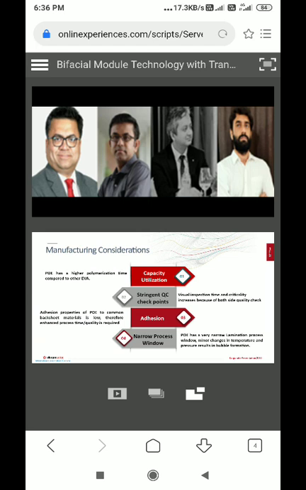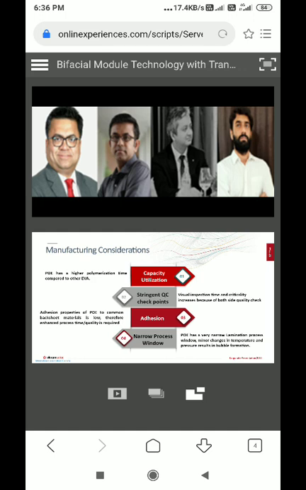When you talk about the manufacturing considerations, with some of the factors that we need to consider, we use POE, and I talked about POE earlier as an encapsulant. One of the reasons why we use POE is because the POE's volume resistivity is very high, and because of that, it effectively prevents the sodium ion migration and reverse PID. The reverse side PID it can improve or prevent a lot.